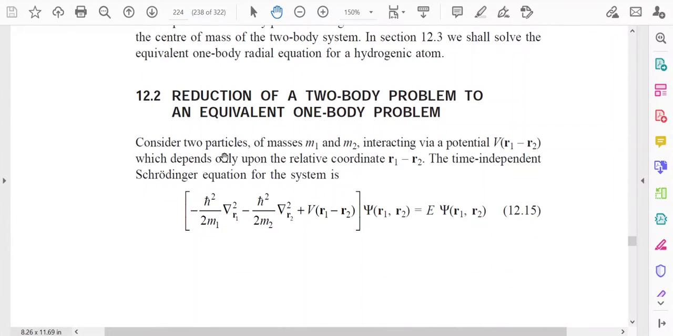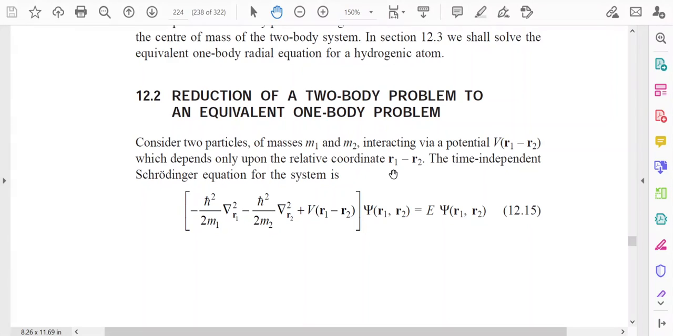So we are considering two particles of masses m1 and m2, and there is a potential. Why is there a potential? Because these two particles interact with each other. So from the interaction there is a potential V, which is a function of r1 minus r2. Why r1 minus r2? It is the relative coordinate of the particles. If the position vector of m1 is r1 and the position vector of m2 is r2, then the relative distance between m1 and m2 will be r1 minus r2, and the potential V depends on this relative coordinate